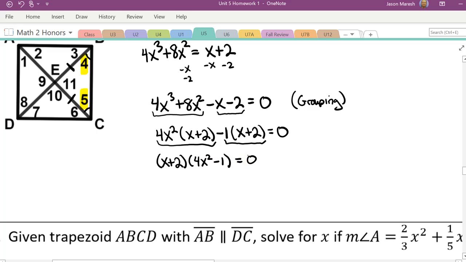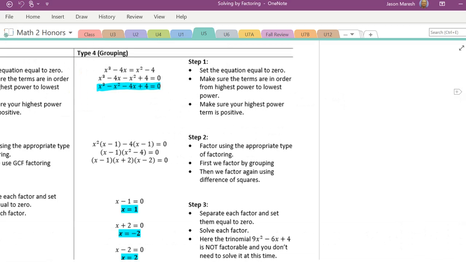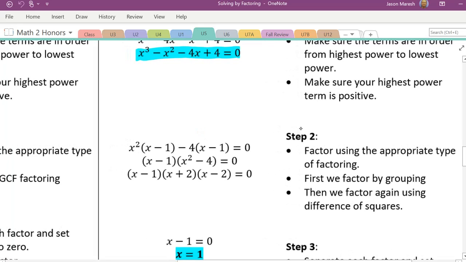We're almost done. If you go back and look at your type 4, we're at this stage right here, and we actually need to factor one more time this piece here using factoring a difference of 2 squares,